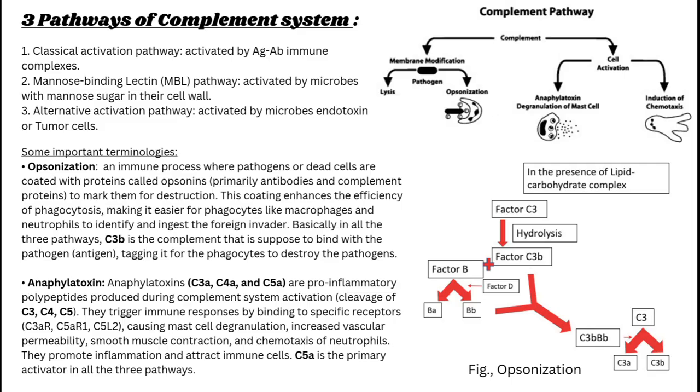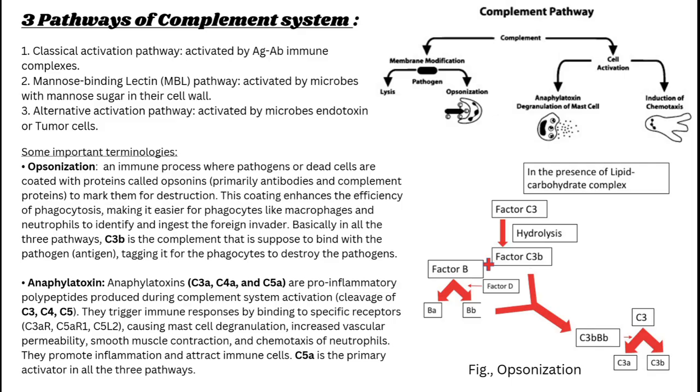It will tag the antigens, and the phagocytic cells like the macrophages or the mast cells will come and identify them, and ingest or destroy the foreign invaders or foreign pathogens. Okay, so basically in all the three pathways, C3b, which we'll be learning in the individual pathways,